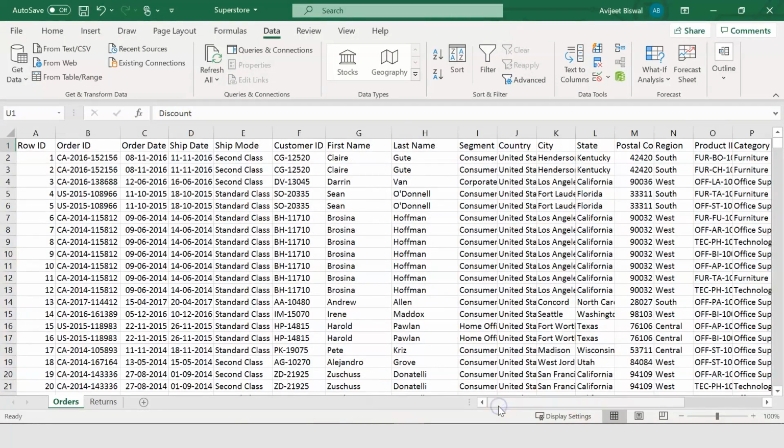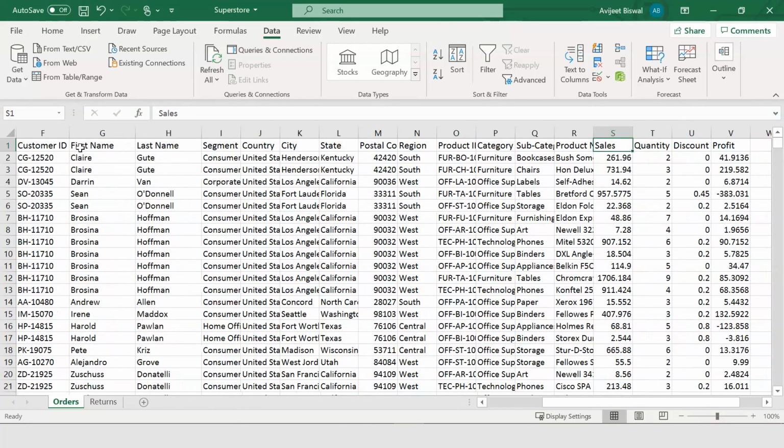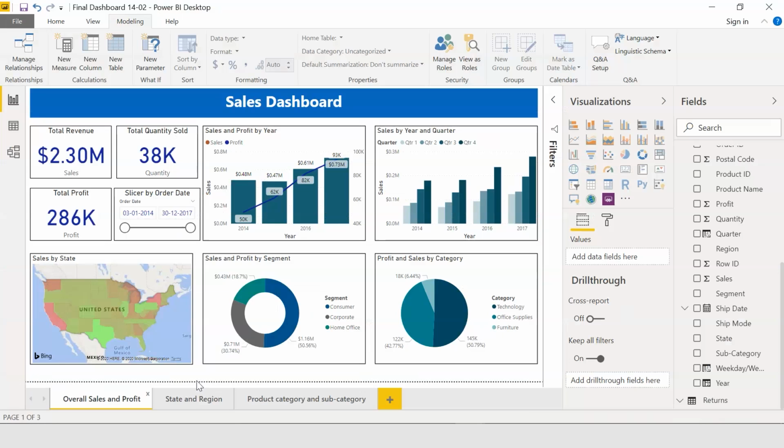So our Superstore sample dataset is in the form of an Excel file. You can see there are multiple columns. You can see there's order date, shipment date, the mode of shipment, customer's first name and last name, the segment to which the customer belonged to, country of the customer, the city, state, and if you go towards the end, you can see there are the different product names, the sales, quantity sold, discount, and the profit. So the report that you see here and the one which we are going to create might vary a little in terms of the color formatting and the spacing, so you need not worry about that.